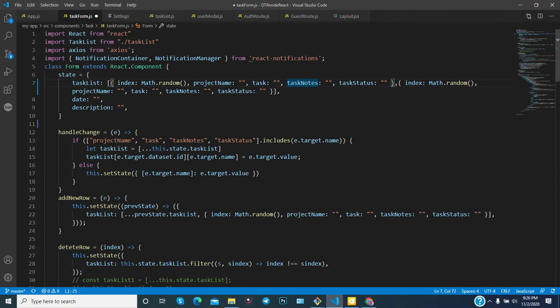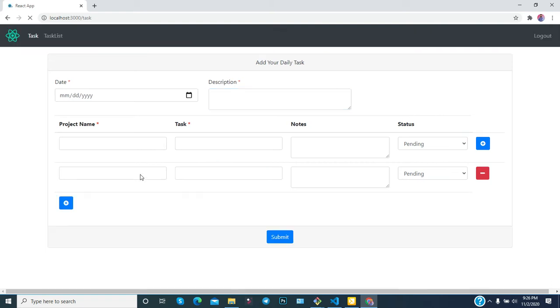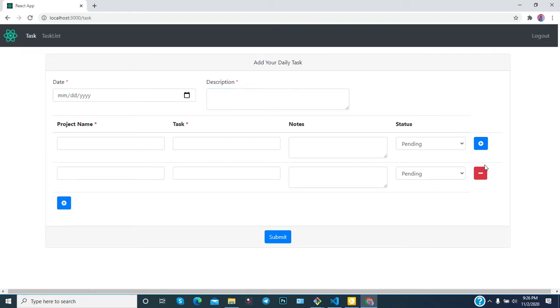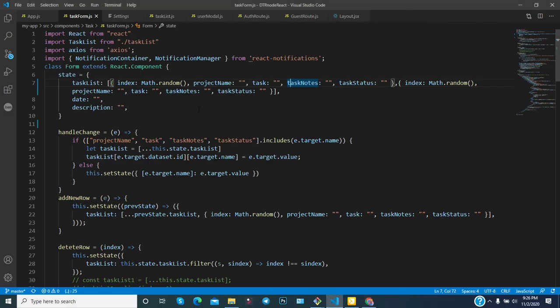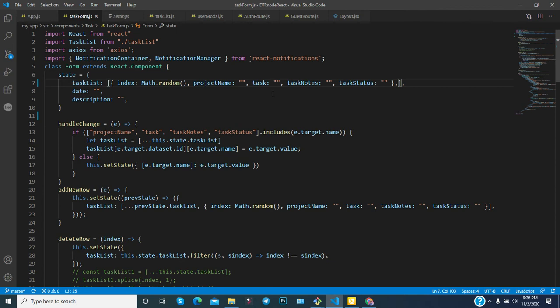Then if I save this page, you can notice that the first time the array is generated, there are two rows here. Why? Because you are looping through it, and since there are two values, the loop runs 2 times, and after that 2 rows get generated. So whenever you insert this object, another row will get generated. This is the basic functionality.